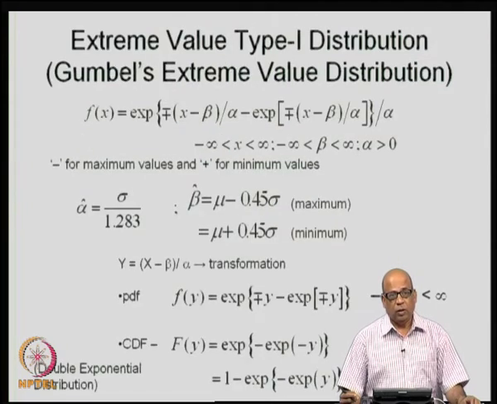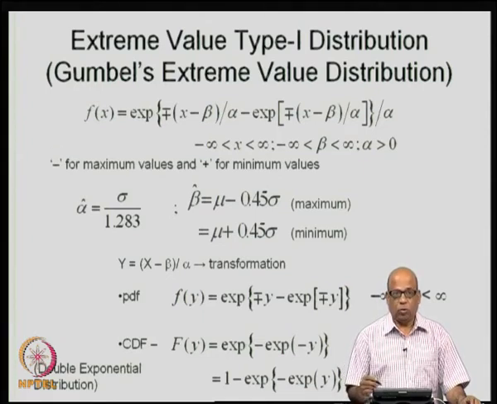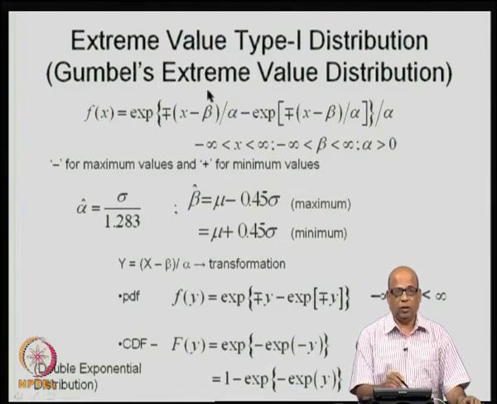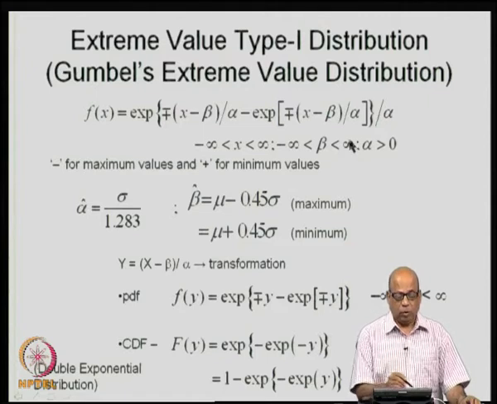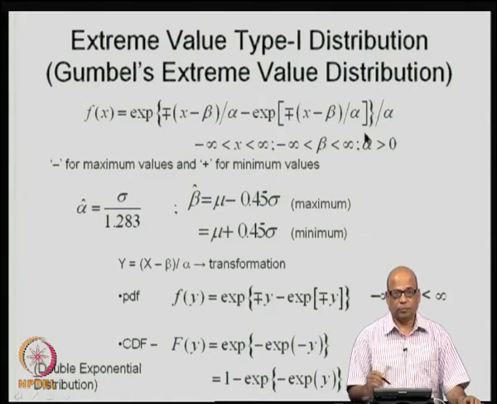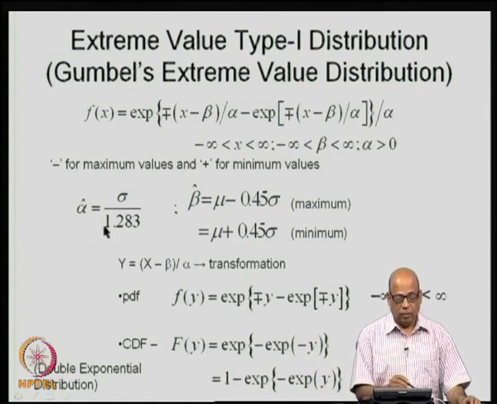So, if you recall, we discussed the extreme value type 1 distribution in the last class, which is also called Gumbel's extreme value distribution. Commonly in the hydrology literature, we find this nomenclature, that is Gumbel's extreme value distribution or simply Gumbel's distribution. We introduced this PDF in the last class, f of x given by this expression. It has two parameters, alpha and beta,